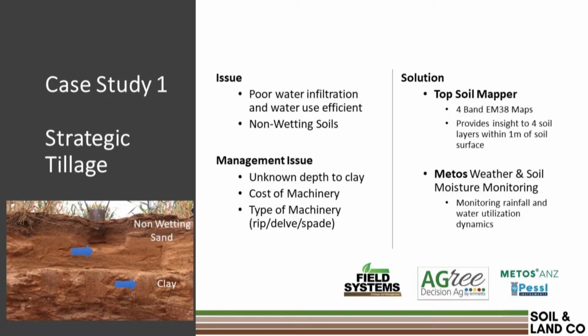There have been traditional EM38 data collection units, so electromagnetic, picking up the conductivity of the soil across a landscape. Traditionally it has occurred in 2 bands, a 0 to 50 centimetre band and a 0 to 100 centimetre band. We came across some technology out of Austria where they'd been using a 4-band EM38 meter to pick up where the moisture was sitting in the clay soils of Europe, to work out